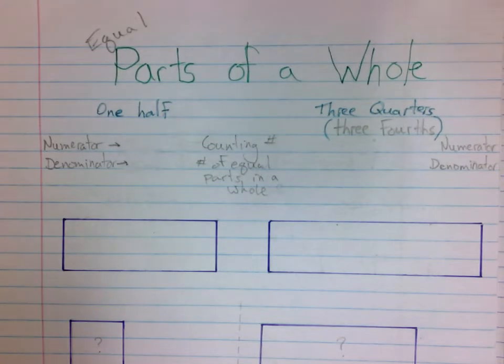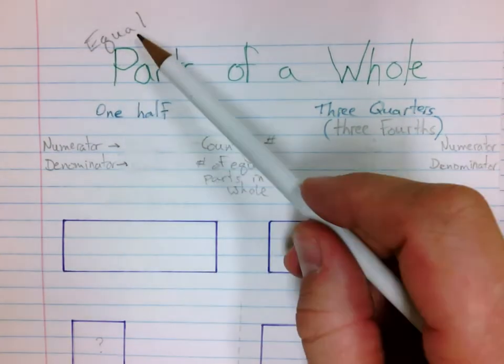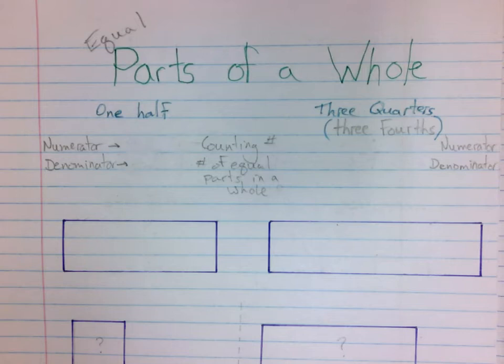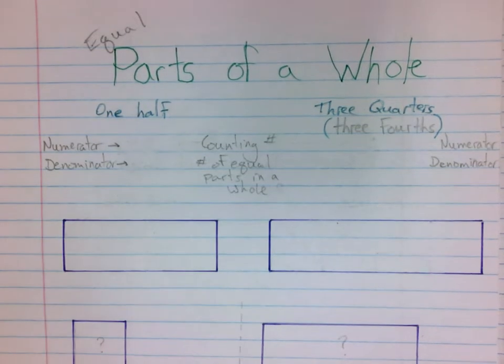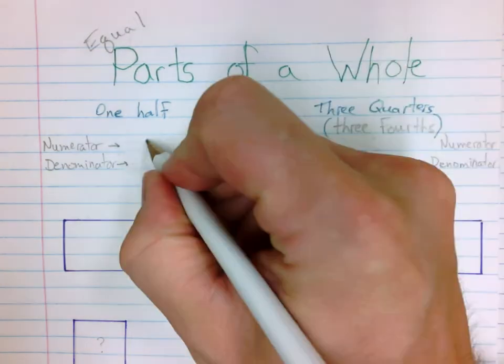Hi, we're looking at parts of a whole. And because we're talking about fractions, these parts always need to be equal parts, or we're not talking about a fraction. Fractions are all made up of equal parts. First, let's look at an easy fraction, 1/2. It's written as